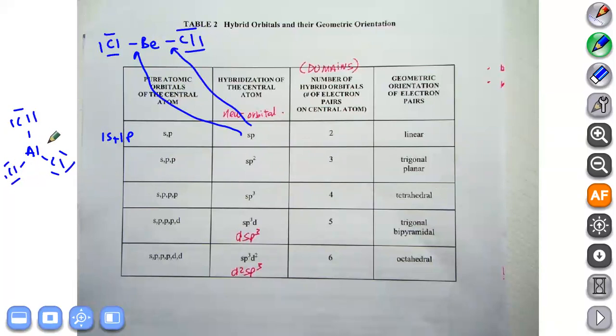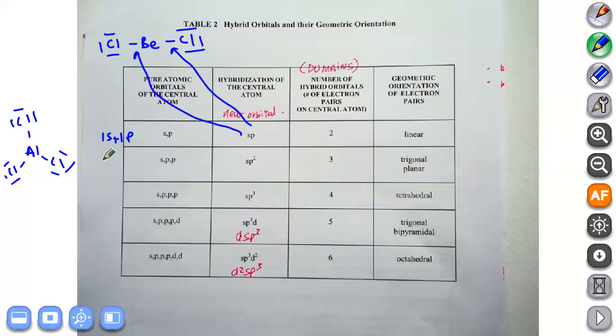And you would have 3 domains. I have no lone pair. It's a trigonal planar molecule, as you can see, with 120 bond angle. To make these 3 equivalent regions around the central atom that it can use to make bond, it needs to